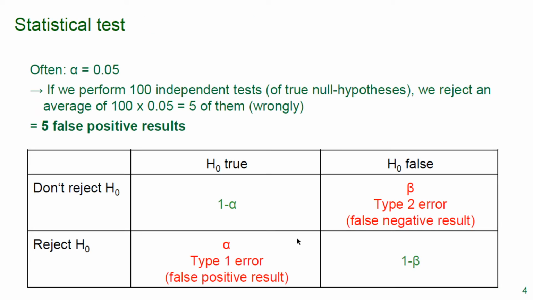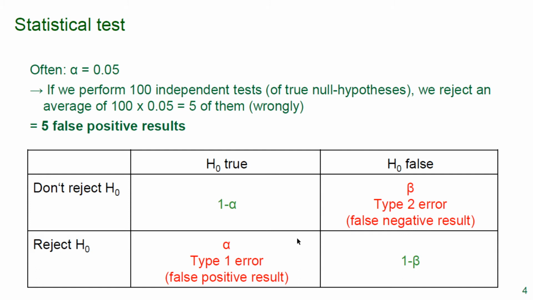Now, in statistical testing, the type 1 error is fixed by construction of the statistical test. That is, the statisticians who developed the statistical test developed it in such a way that the type 1 error has a fixed value, alpha, which is chosen by the user. A very common choice is 0.05.